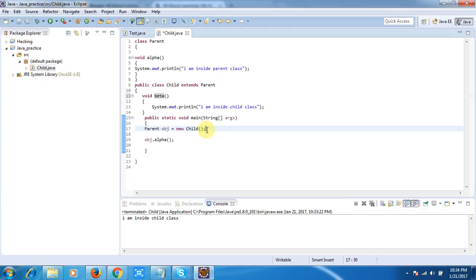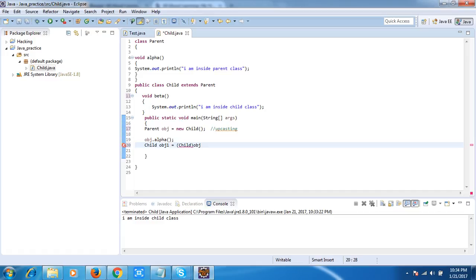Now create a child class object. Let me give it the name obj1 equal to child obj. Now here, what I did is downcasting.